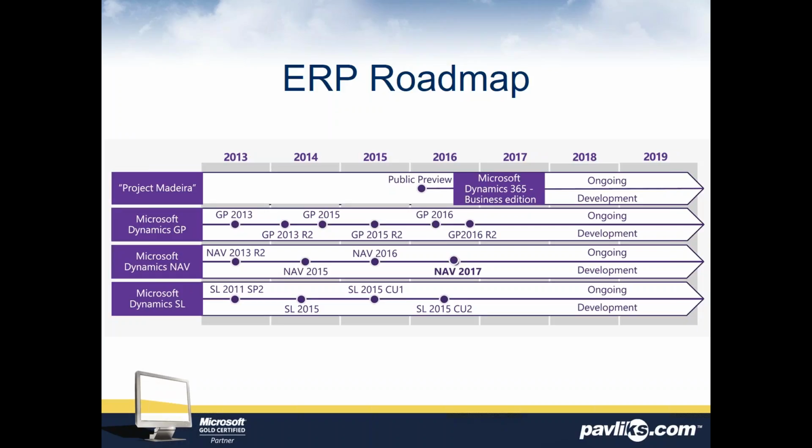I know there are a number of people on the call today who are on GP, and don't worry, GP is not going away. But as I'm sure you know from working with it, it's not a webified ERP system. It's not one that can easily transition into an online web experience, and therefore it wasn't the choice they made, whereas Nav and AX have been on a path to becoming an online service, and therefore that is what was rolled into Dynamics 365 and AX. I know the next question might be, do I need to transition to Madeira or GP? I think it's too soon to try to decide that.